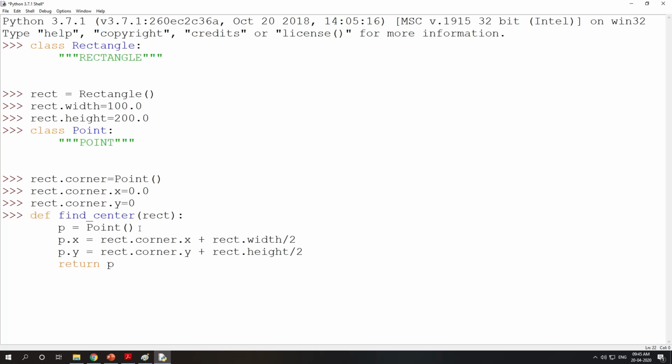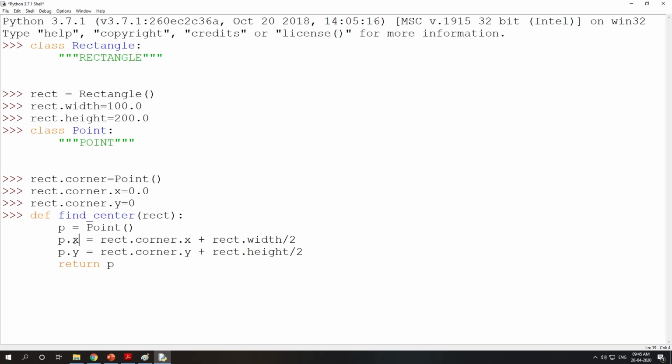You create a Point object p and store the coordinates of the center. See what you are doing: rect.corner.x, what was the value of x? 0. 0 plus width, which was 100. 0 plus 100 divided by 2, that is 50. 50 will be stored into x, and rect.corner.y is 0 plus 200, then 200 divided by 2, so y is 100.